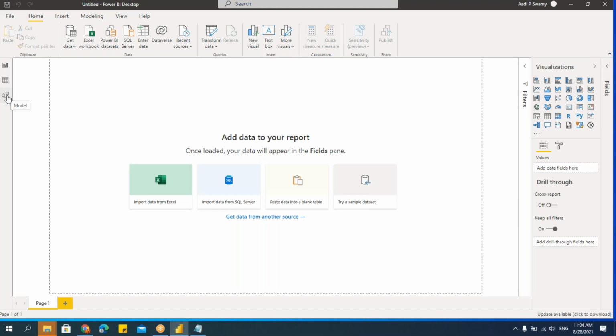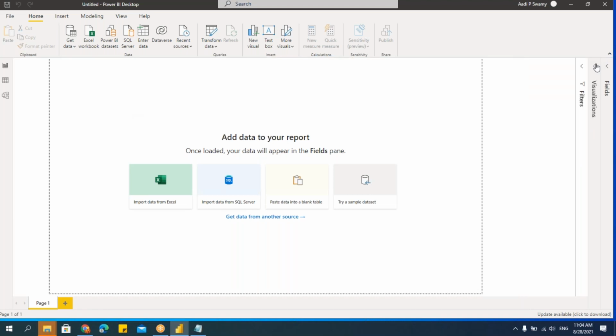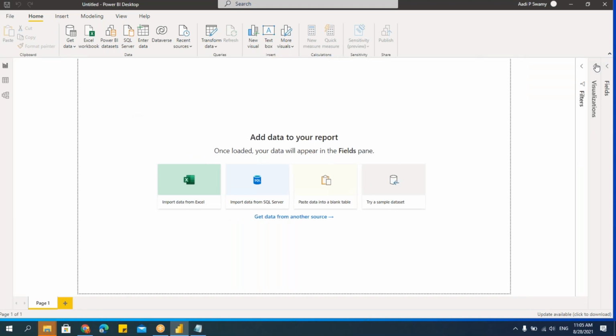Why are they used? Reports are used for creating dashboards and visualizations. Data is used to study the data and see if any modification has to be done. I'll work on that. Data modeling is used to connect all the data from the various different data sources I have taken. That's all you're doing. In this, there will be so many different options which you will learn. Okay, fine. This one is called the Canvas, the workspace, where we work on the reports.